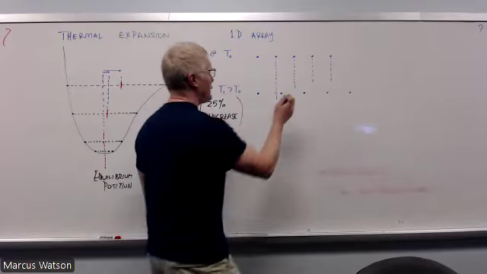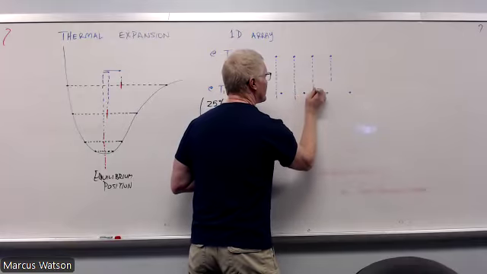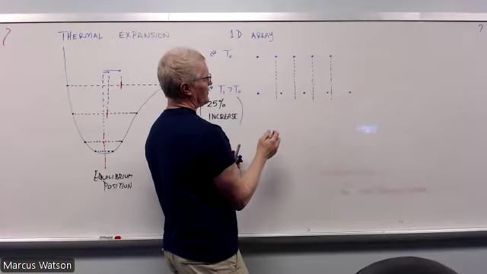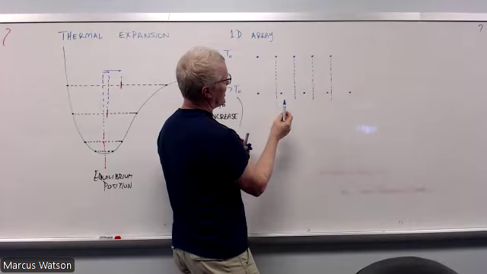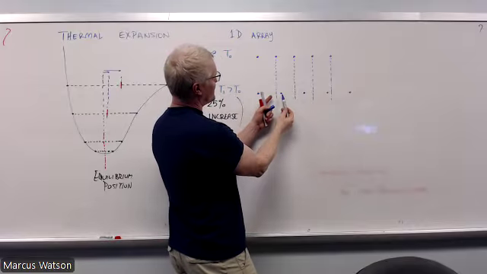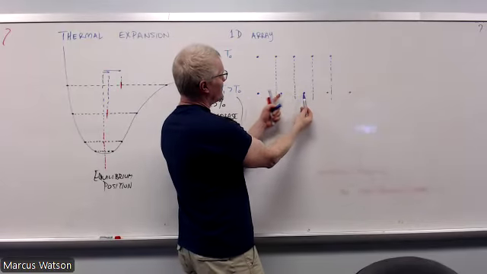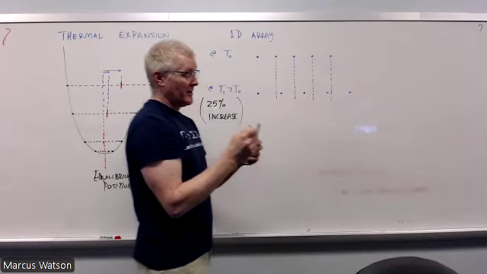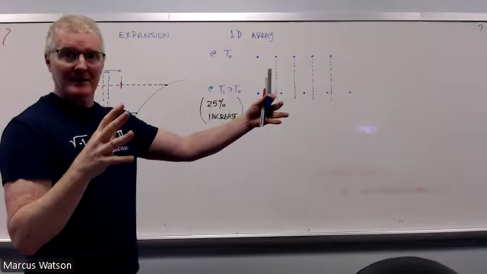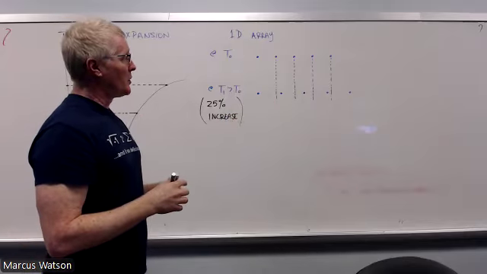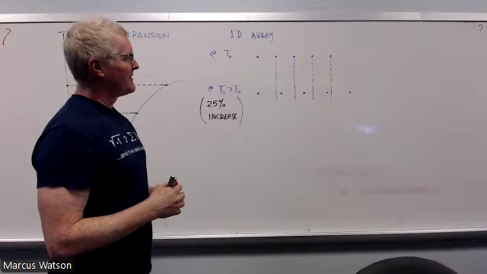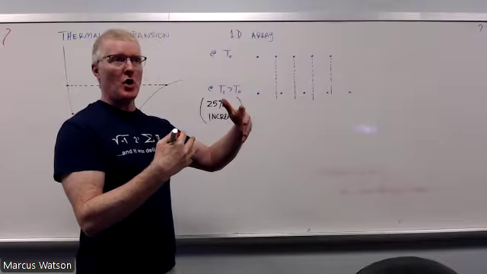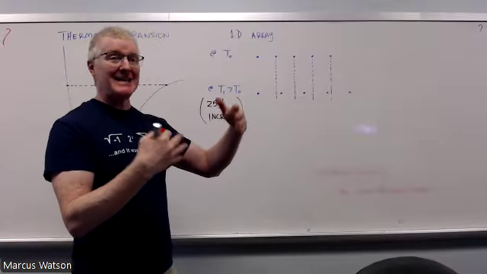Okay, so everything is expanded by 25%, but look at what that means for each of the distances as to where it used to be, right? So this one's going to stay the same. Now this one moved a little bit. This one moved quite a bit more. This one moved quite a bit more, and that one's moving quite a lot more, right? So it's like it's compounding, right? It's compounding. So can you see that how much it expands depends on how much size it had to start with,